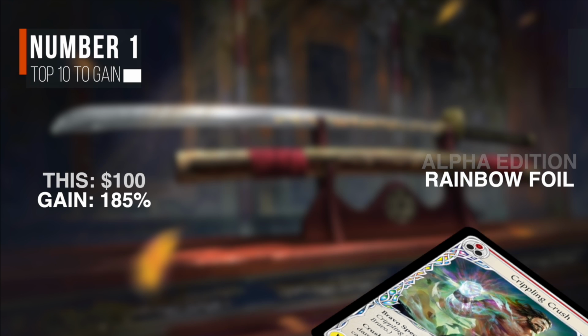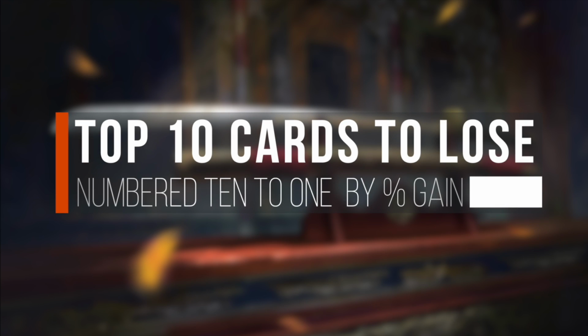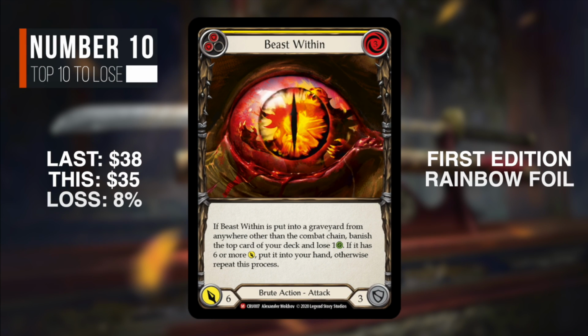So Crippling Crush got the number 1 slot. All right, and now let's move on to the top 10 cards to lose value. We'll start with number 10 and go down to number 1, which will be the card that lost the most value. And you're going to quickly see on this list that there are a lot of Crucible of War cards